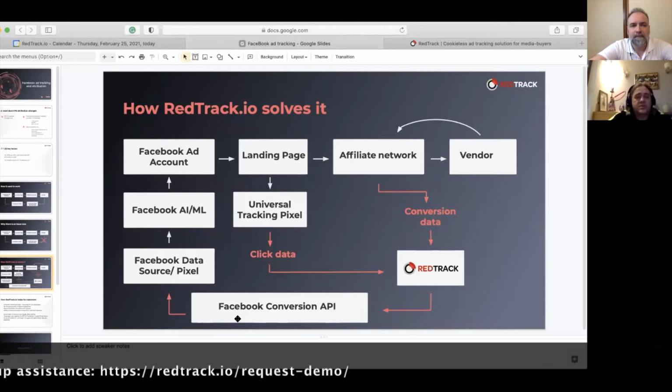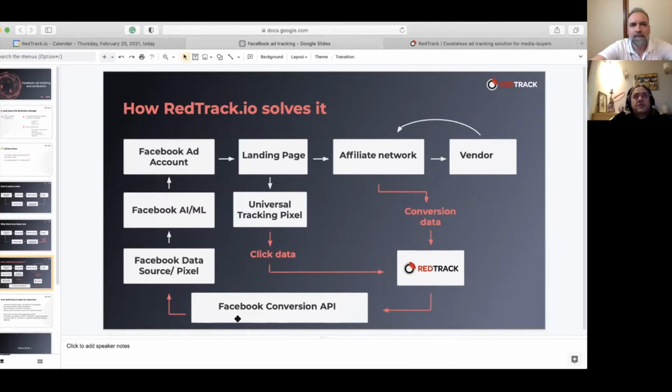So one of the questions in our community was from a person who couldn't join. As I understand, they are using multiple Facebook profiles and multiple business managers and accounts, and this is very typical in the affiliate community. But then, what does it mean for RedTrack? Can we connect all of our accounts coming from different business managers or different profiles, meaning users of Facebook, to one RedTrack account, or do we need more RedTrack accounts? How does this work?